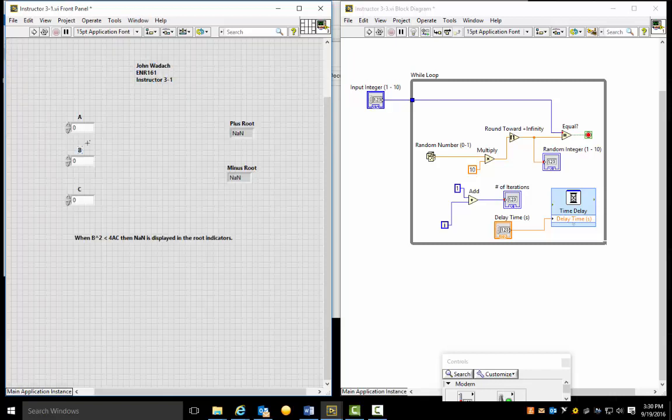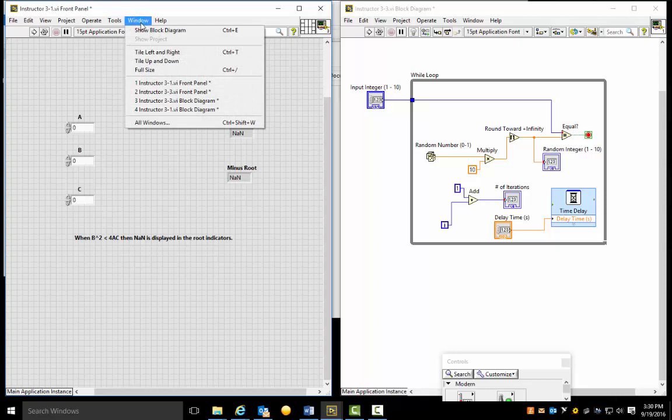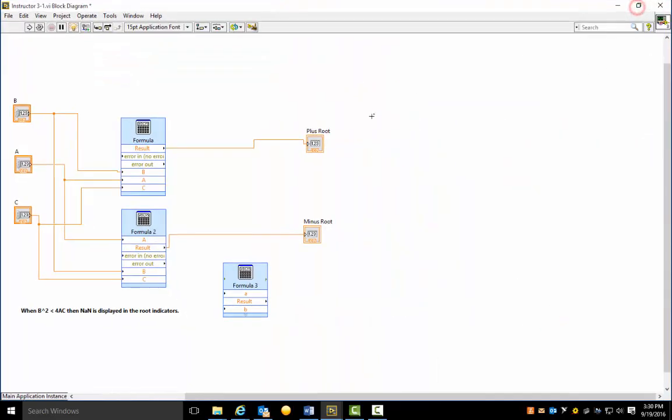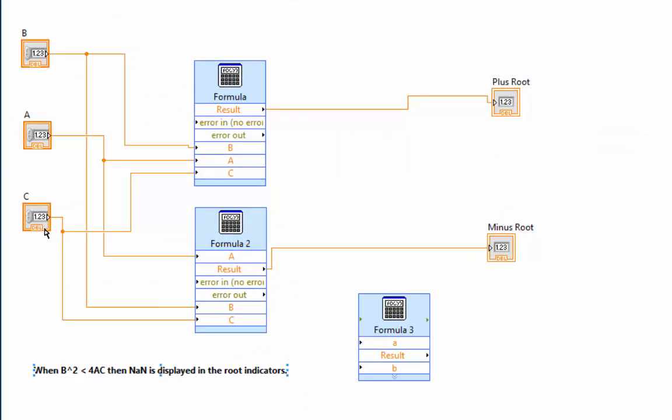All right, so we've done this before where we're getting the roots of an equation A, B, and C. And last time we did it, we had all kinds of multiply and divides. I want to show you an easier way to do this. Okay, so window, in fact, I'll just show it to you. All right, this is the block diagram. So you're going to have your 3 inputs, and then down here,